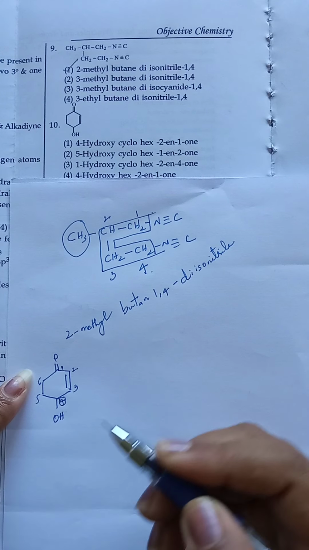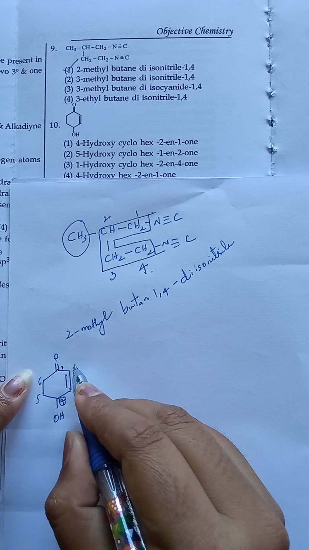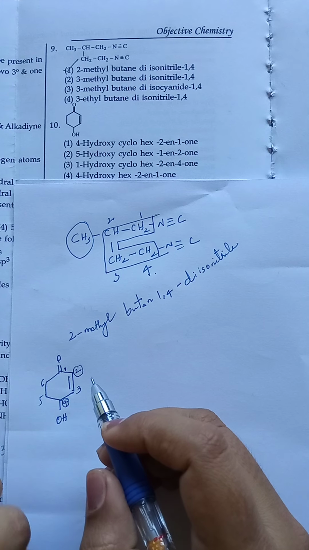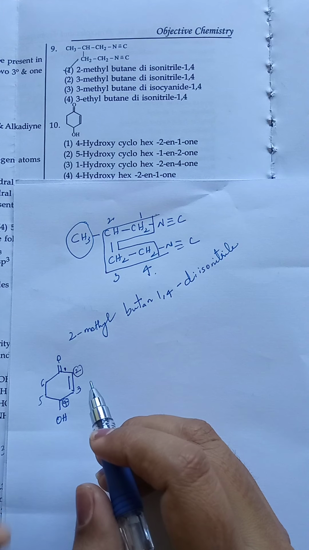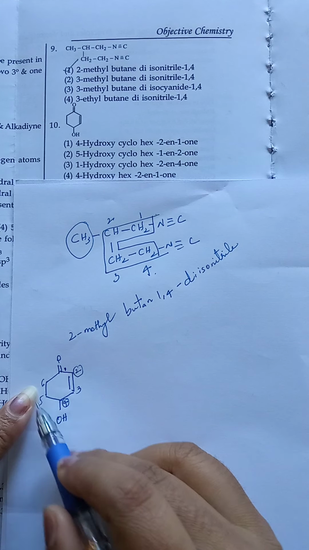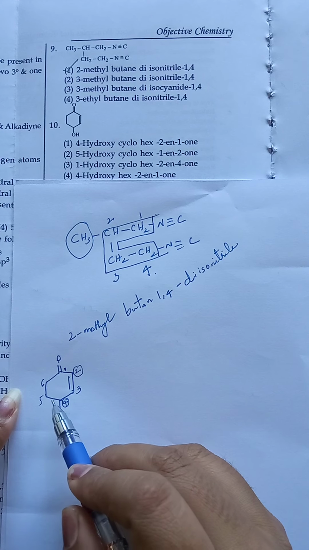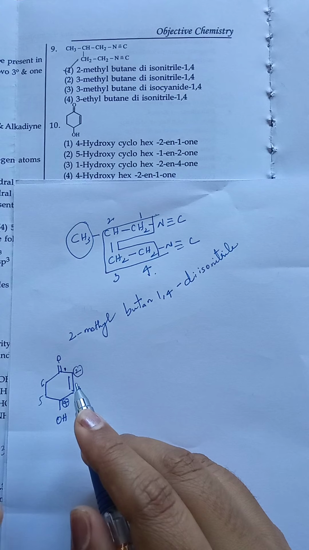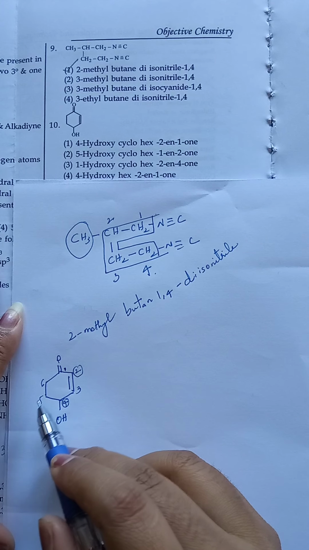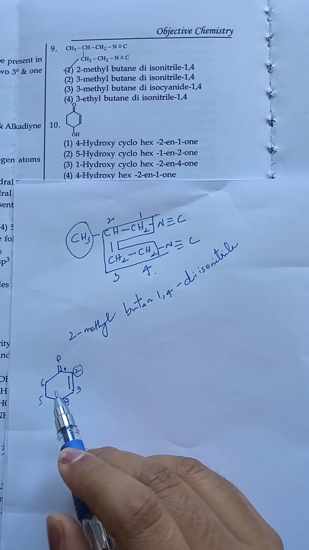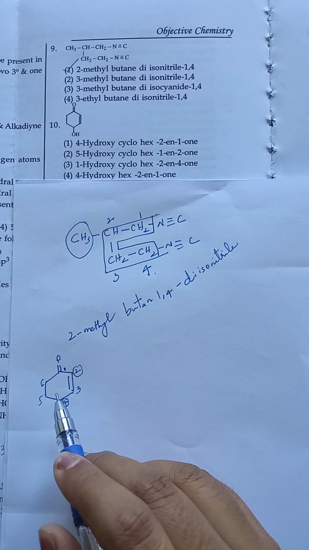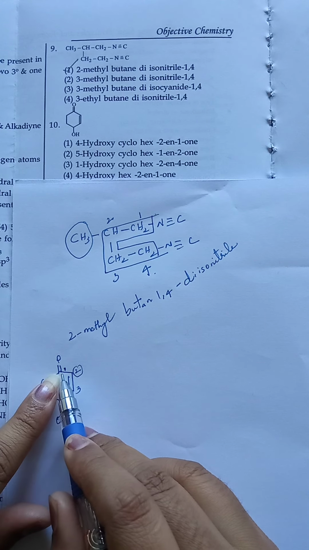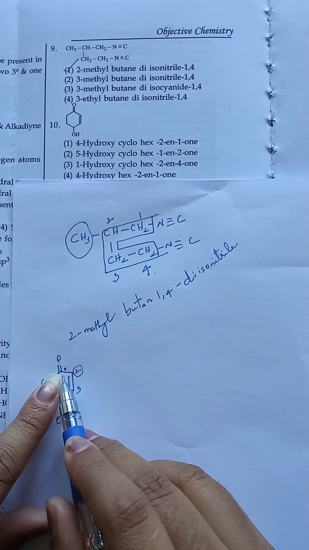Now the substituent is located at the fourth carbon. The double bond is located at the second carbon. What is this? This is cyclohexene. Why is it cyclohexene? Hex indicates 6 carbon atoms present in the cyclic ring, and due to containing a double bond, its suffix is hexene. Cyclo: it is in a cyclic ring, so we have to use the primary prefix cyclo. Cyclohexene, and containing the ketone, cyclohexenone.